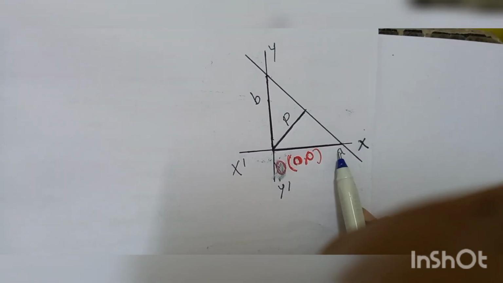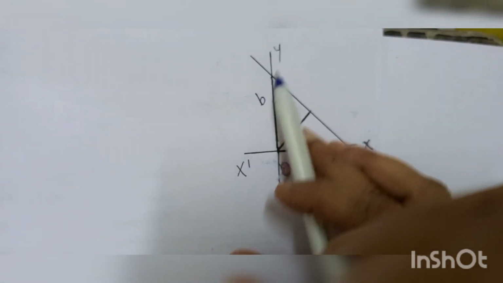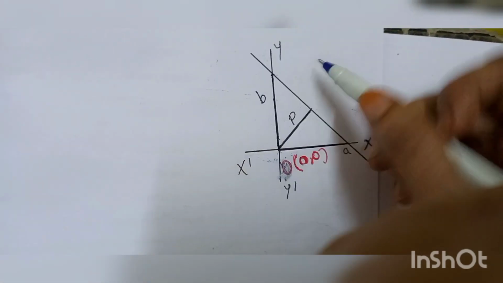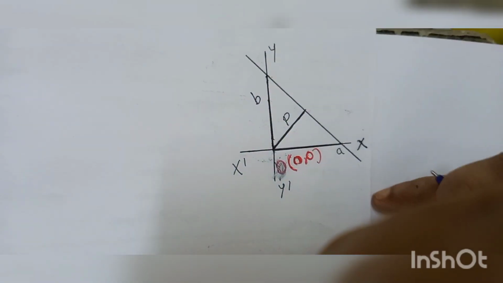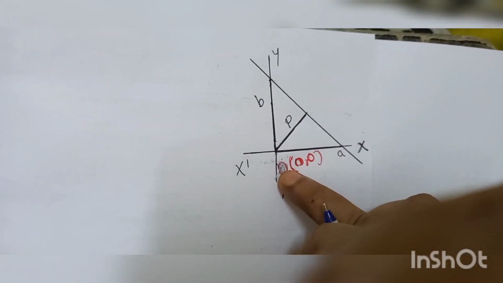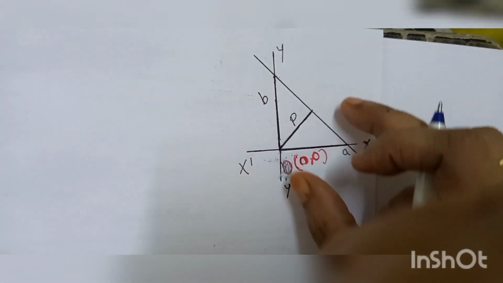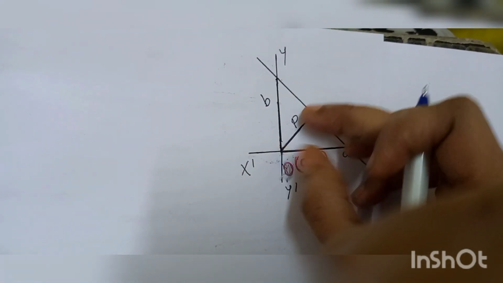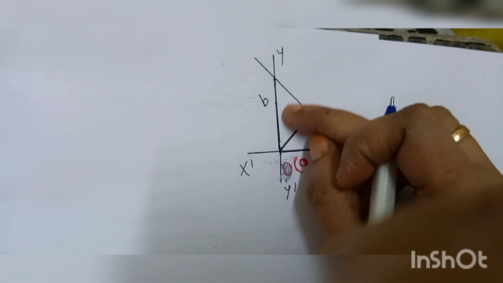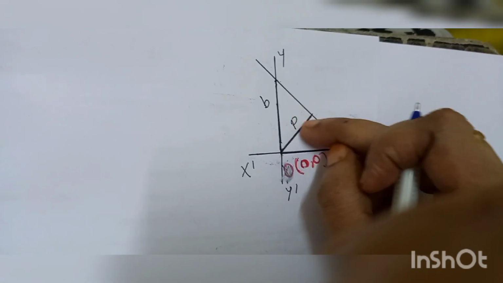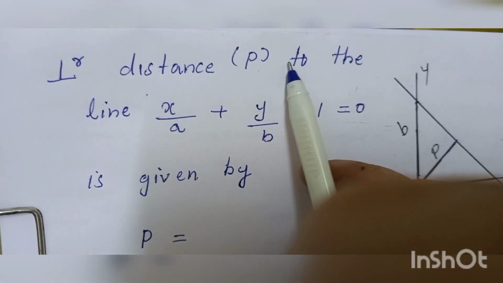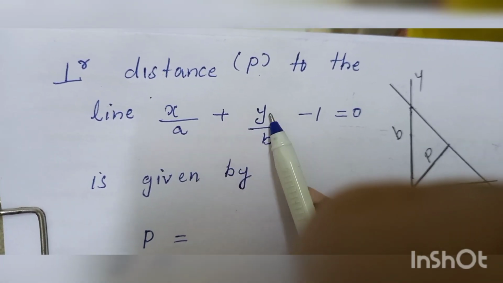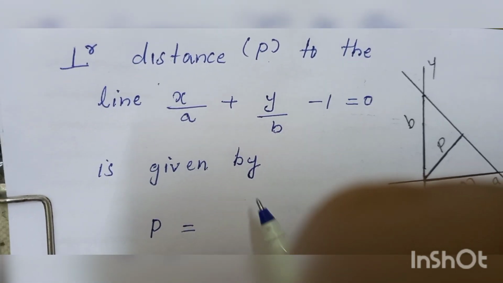So x-intercept is A and y-intercept is B. And the perpendicular distance to this line from the origin O is represented by P. So we have to find this perpendicular distance. Perpendicular distance P to the line x by A plus y by B minus 1 is equal to 0 is given by